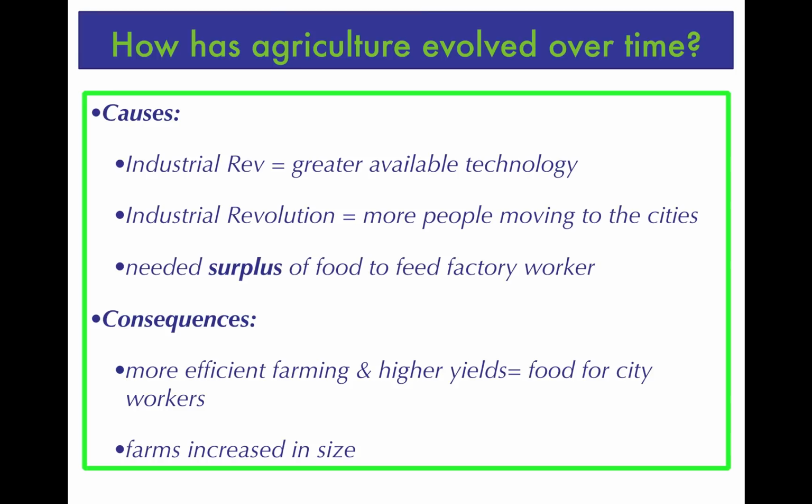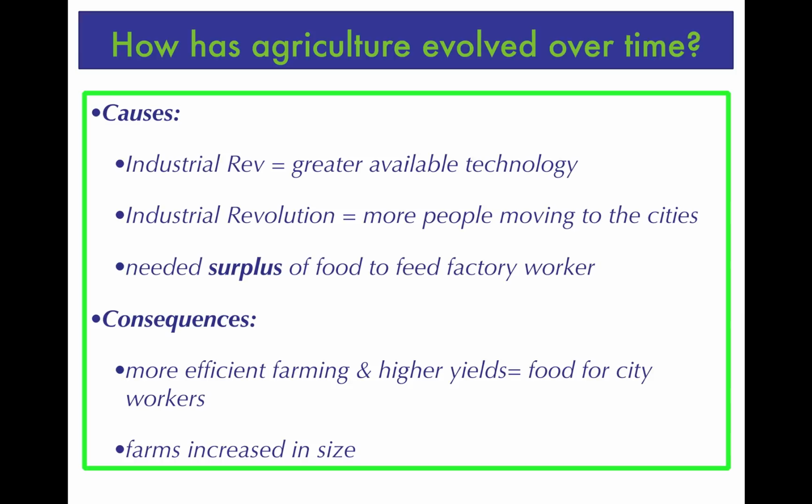Secondly, the Industrial Revolution meant that more people were moving to the cities, because there were now more jobs available in the cities. There were now factories being built within the cities. That meant that as a society, we needed to provide more food to feed those factory workers. If people were formerly in rural areas and were now moving to cities, there was more technology that allowed it to happen, but there was also a much greater need to provide food for all these people who once lived in rural areas but were now living in the cities and working in the